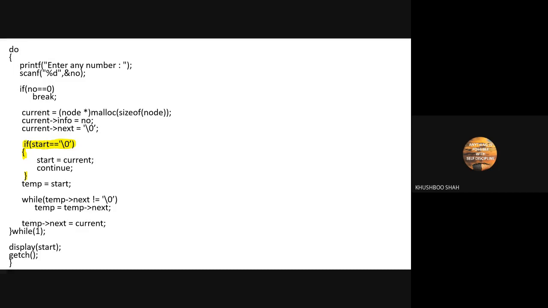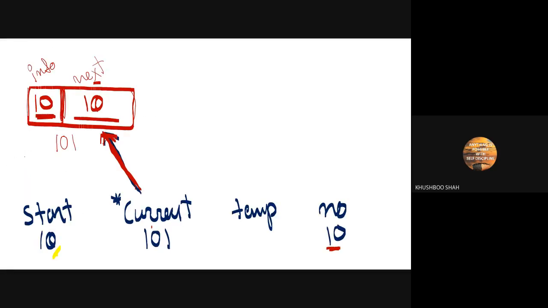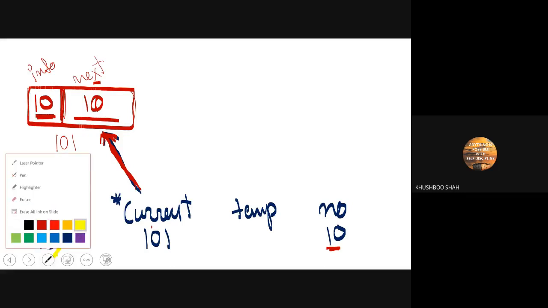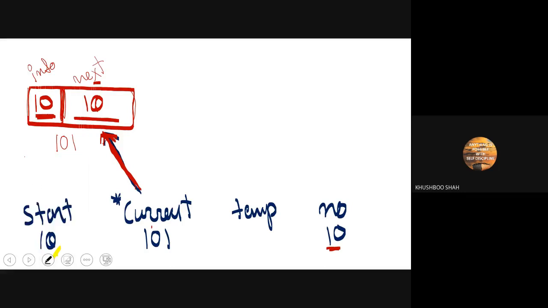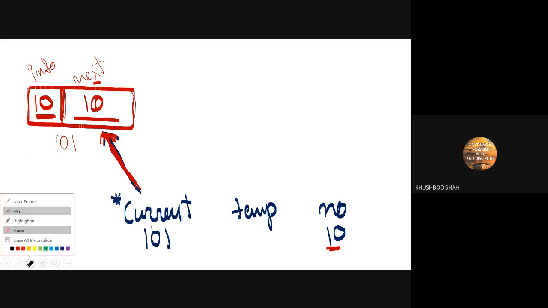The first line says start is equal to current. What does it mean? We are just assigning the value of current into start. So what is there in the current? 101. And this 101 we are going to assign to start, so now my start will become 101.